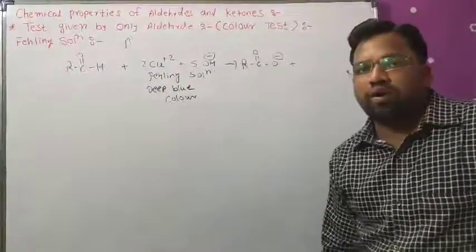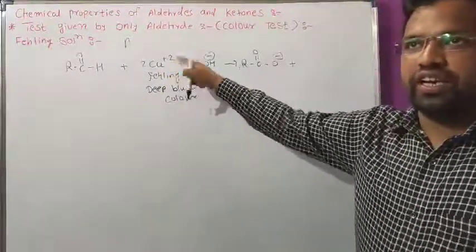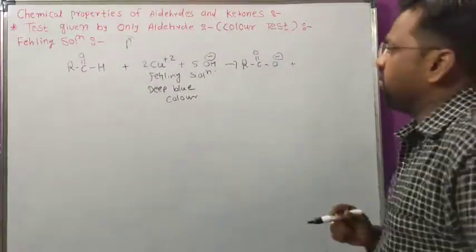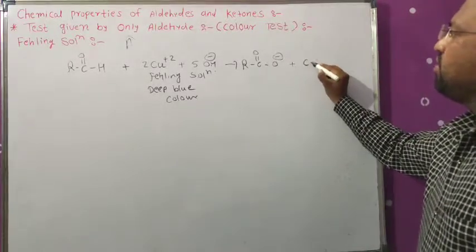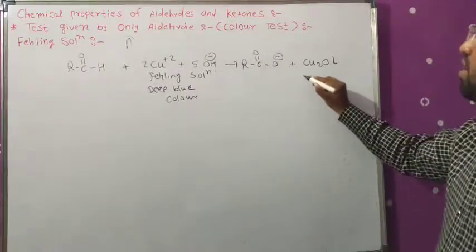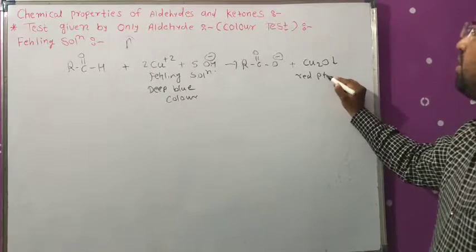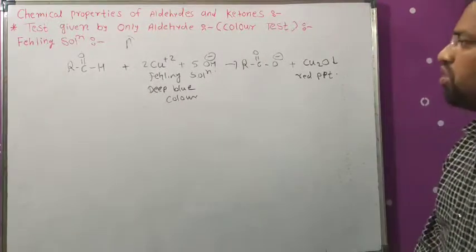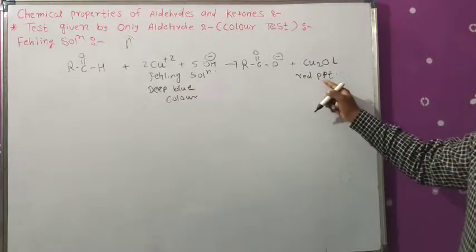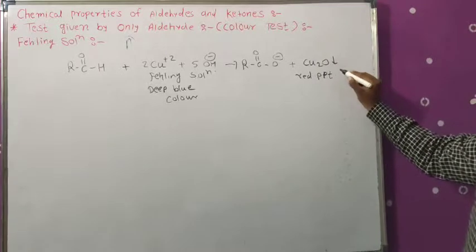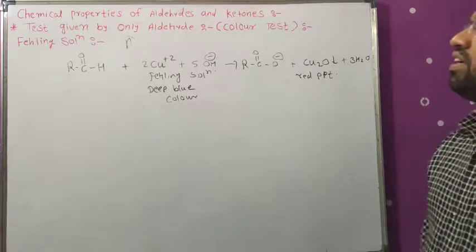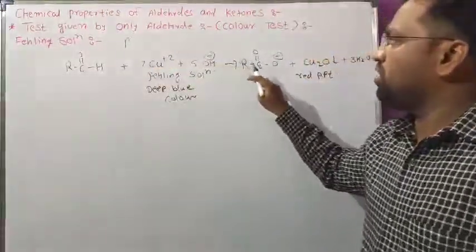That means the oxidation state of copper here is +2, but when it is converted into cuprous oxide, what will its oxidation state become? +1. So we got the compound Cu2O, that is cuprous oxide, which has the red ppt; a red ppt of cuprous oxide is formed. So in this reaction the aldehyde gives the color test. Red ppt of cuprous oxide is formed, and we also form a side product, that is 3 moles of water molecules. So in this reaction, the aldehyde is oxidized into the carboxylate